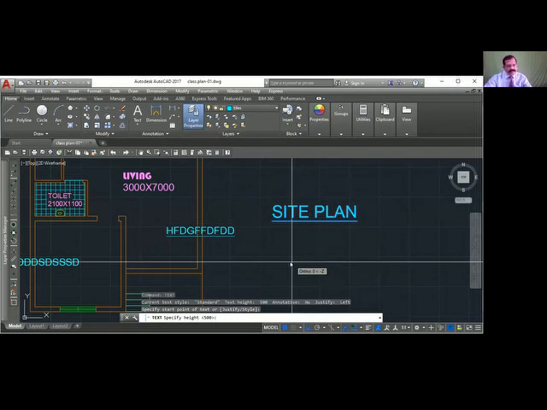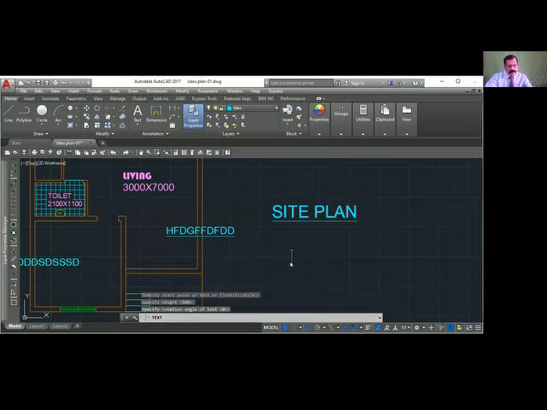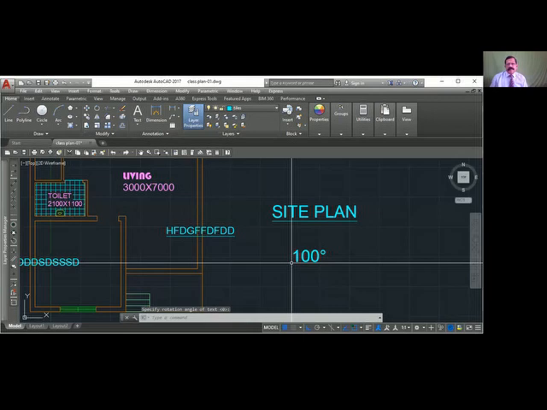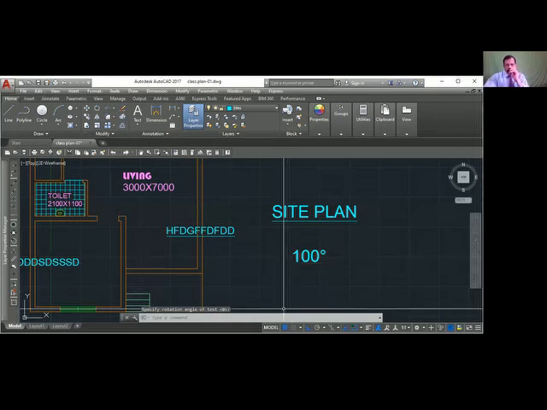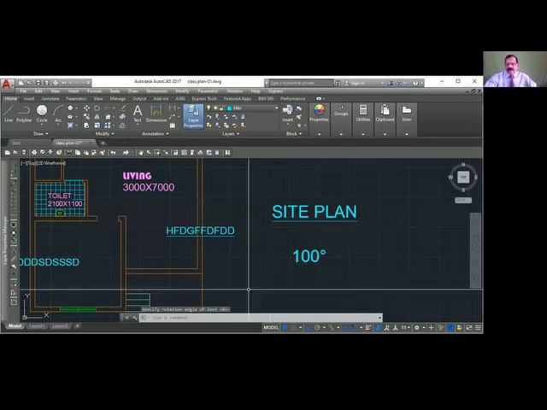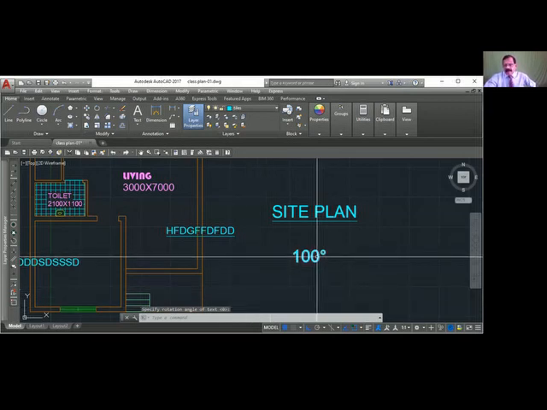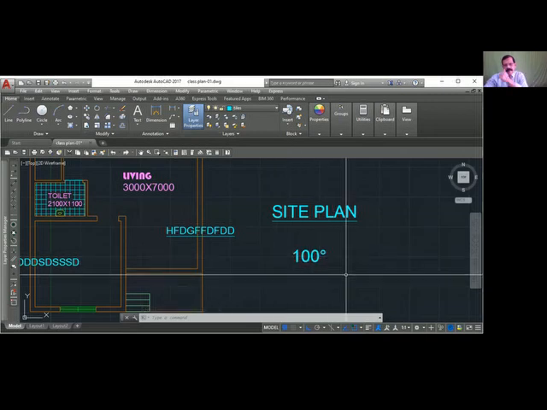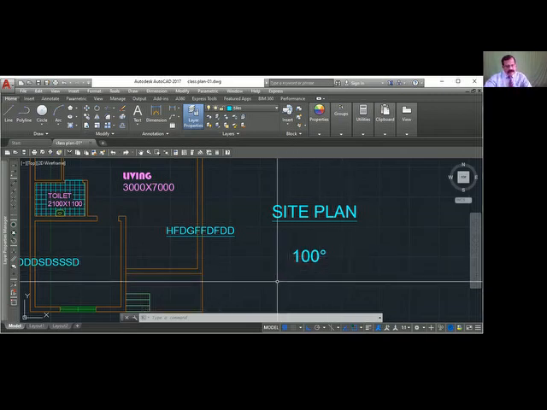When it is asking for text, you will say 100 percentage D, degree. Okay. Write down percentage D. Since you want the degree after the number, you will put percentage D after the number. Okay. Text.